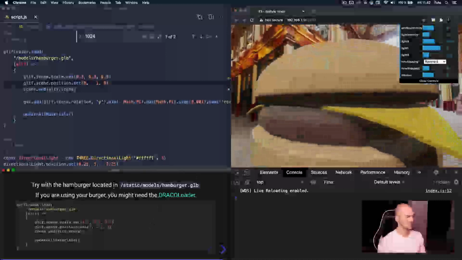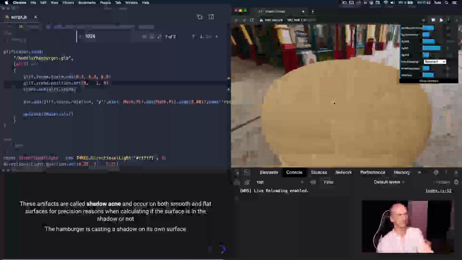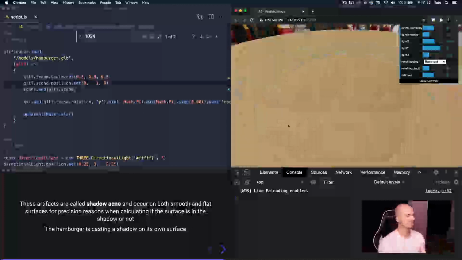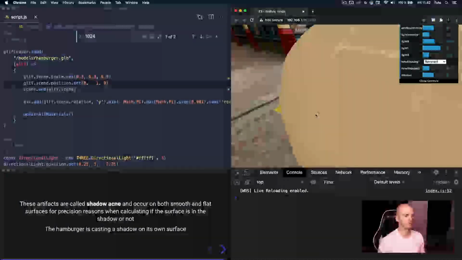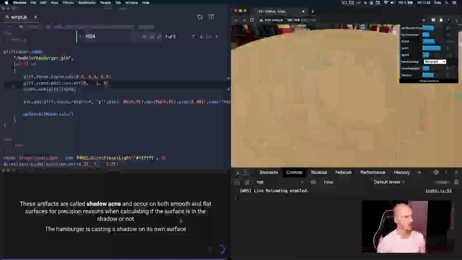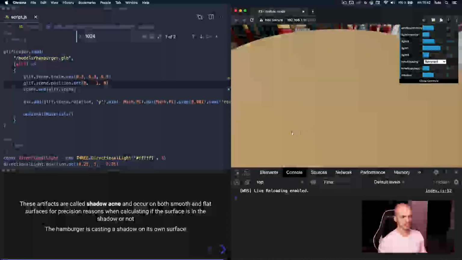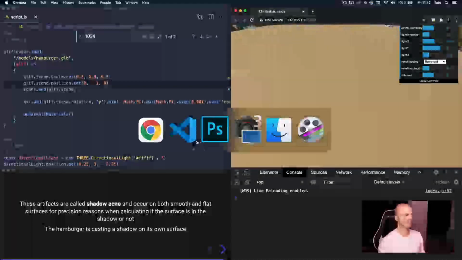And yet again, I'm not an expert about that, but still I will try to explain what the bug is. These are called artifacts. It's not like we put the burger on the grill for too long. Those are called shadow acne. It occurs on both smooth and flat surfaces. So this is a smooth, round surface, but also a flat surface. And it's a problem about precision with the shadow map. I will try to explain with some